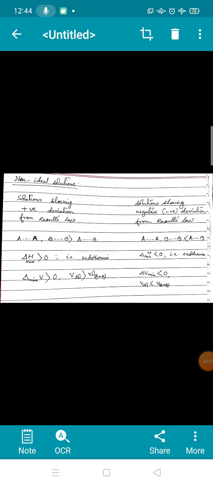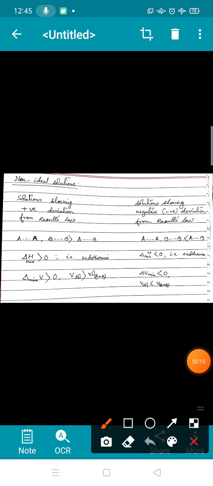Okay, now let us try to understand solutions showing deviation from Raoult's law, which are known as non-ideal solutions. You can see non-ideal solutions can be of two types. One is the solutions showing positive deviation from Raoult's law. Another is solutions showing negative deviation from Raoult's law. Now when we say a solution is showing positive deviation from Raoult's law, you see in solutions showing positive deviation,